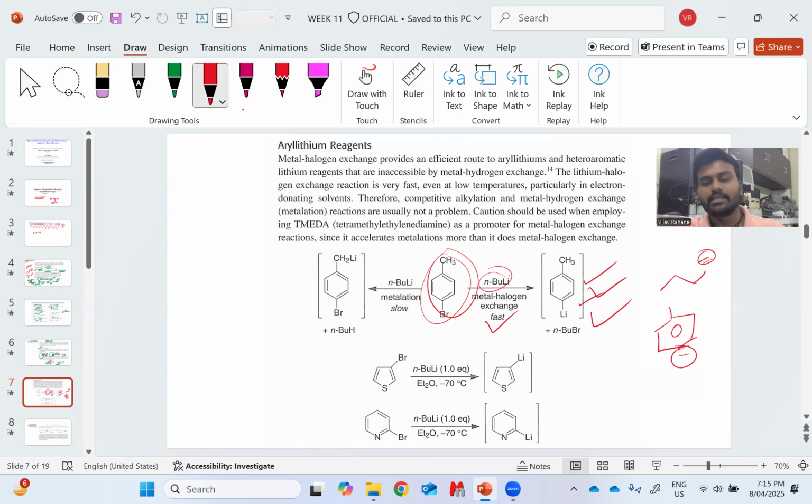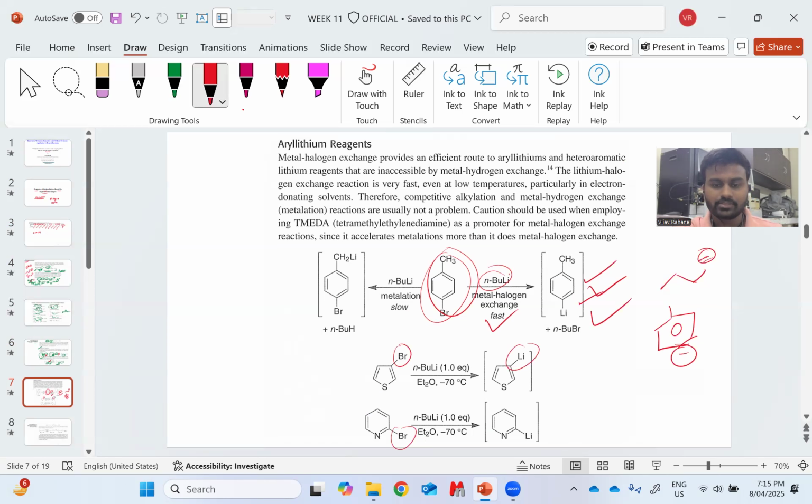And also similar reactions we can perform for different purposes. So here you can see, if you have the bromo compound, then you can convert that into the lithium, with multiple starting materials like pyridine or thiophene. And further we can add any electrophile. If you have any electrophile, then we can replace this lithium with the electrophile, and we get our required product. So here the electrophile will be here, and if you want to add any other electrophile,